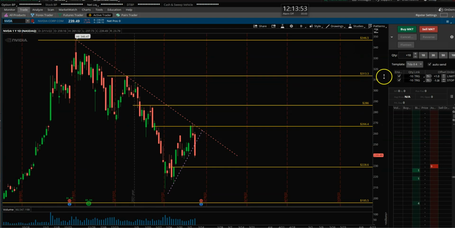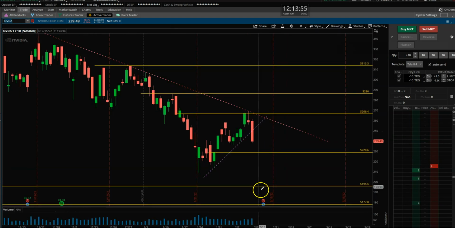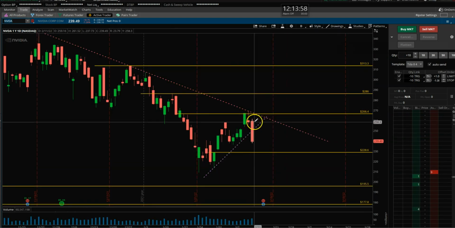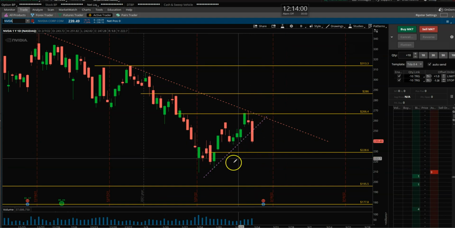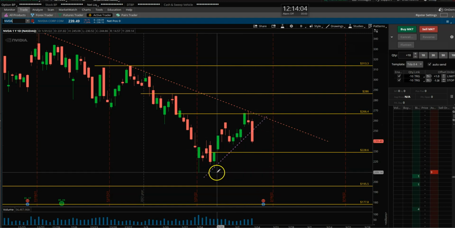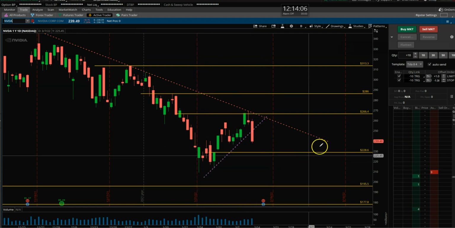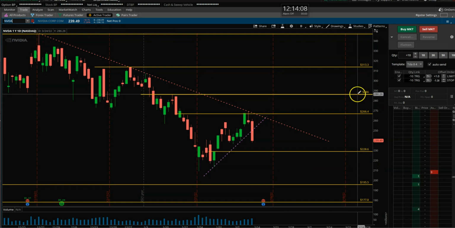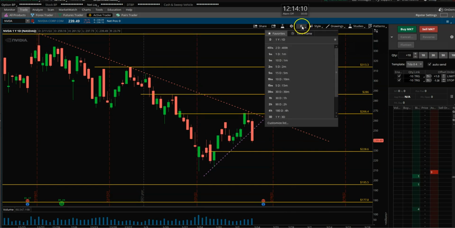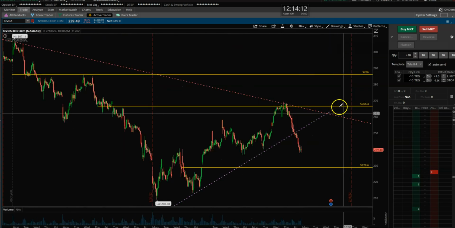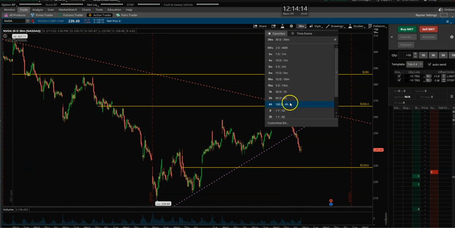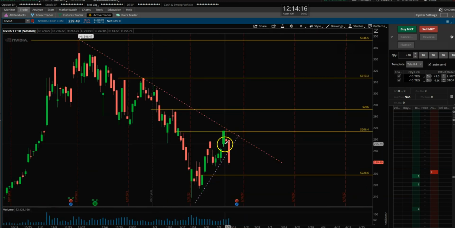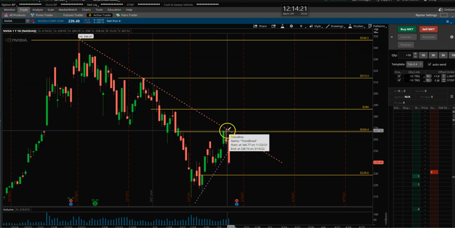Okay, Nvidia. Nice rejection from the downtrend line, and a good follow through to the downside that even broke down this mini uptrend line that we had from the earlier month or so. So the daily chart is weak, and now again, you want to trade this name. Let's look at the daily chart. The daily chart shows a bullish bar, no follow through to the upside, it got rejected, and we have a top wick.